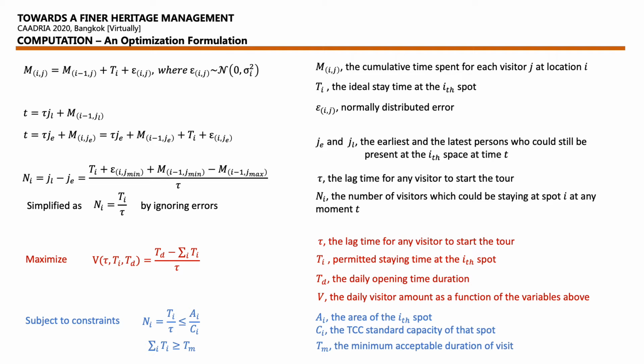The objective of the problem is to maximize the daily visitors amount by adjusting: 1. A variable called tau, which describes the lag time for any visitors to start the tour, or the temporal distance of any two visitors. 2. T sub I, denoting the permitted staying time, considering the guiding commentary and the free observation by each tourist at the highest spot of the tour. And 3. T sub D, denoting the daily opening time duration of the hall, subject to the following constraints: